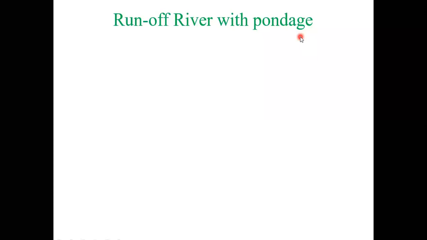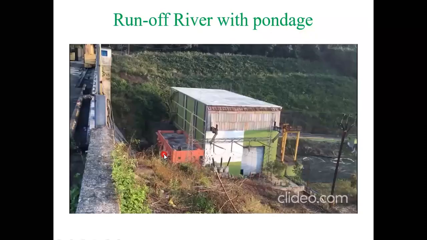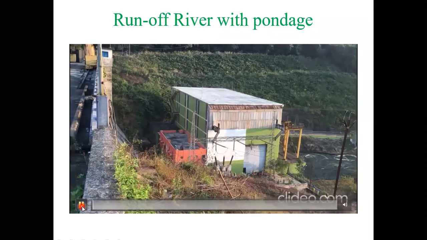Already I told you in the last class, I have shown each and every plant which is present in our state. And I am taking here one power plant, that is at Donkarayi. This is nothing but Donkarayi mini hydel power plant, which is in between Upper Sileru and Lower Sileru. And already I went to this Donkarayi plant. Now I will play this video, try to understand what is happening here.